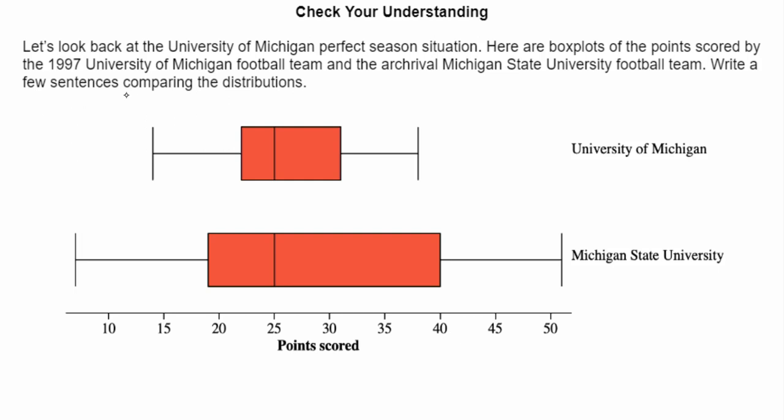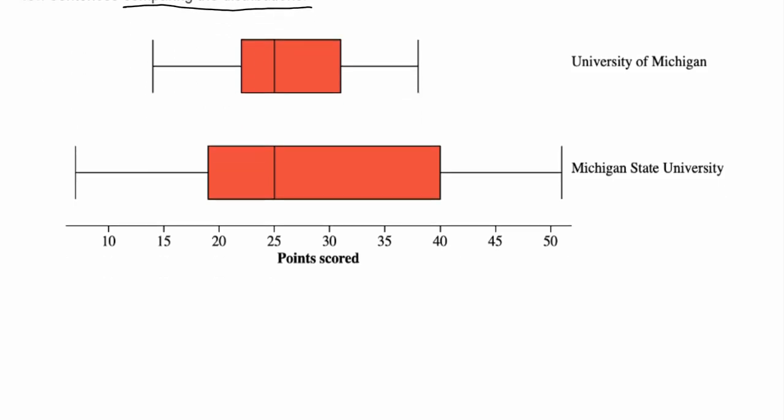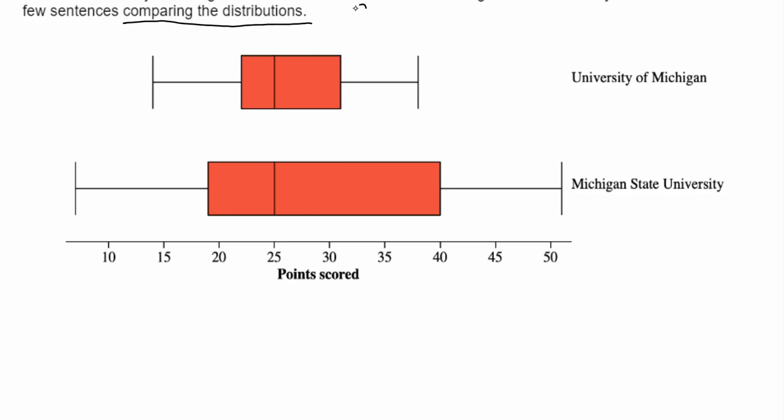Remember, whenever we compare distributions of this type of data, we're going to be using SOCS, plus context. So make sure we use context here. And right here, we're going to start with shape. Now, looking at the shape right here, it appears we would say the distribution